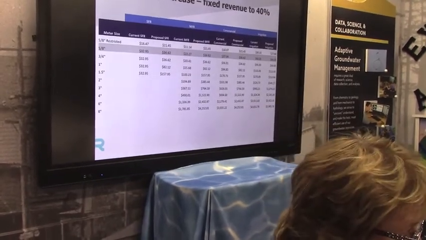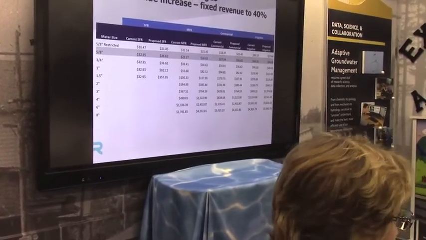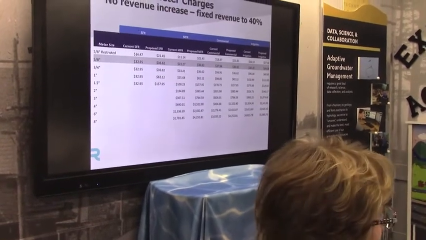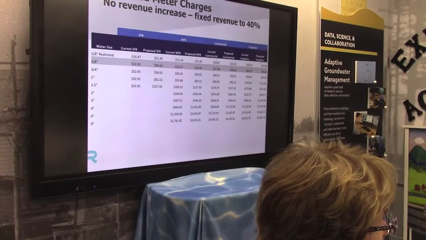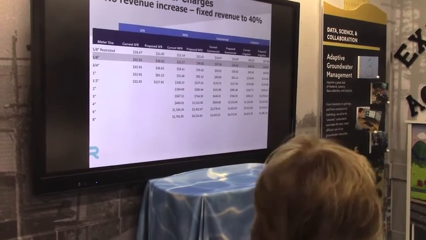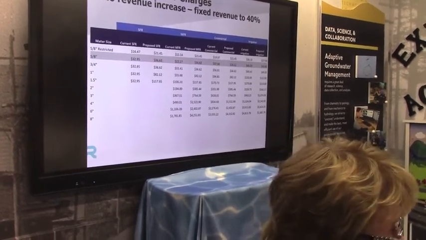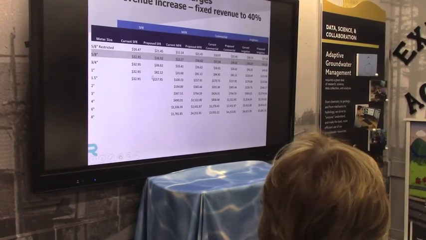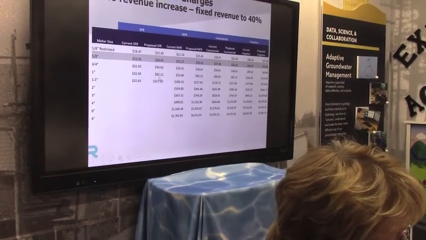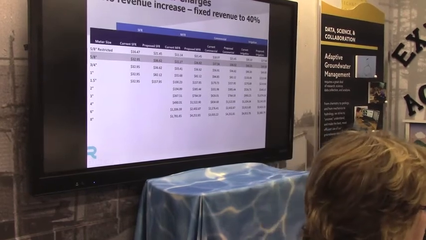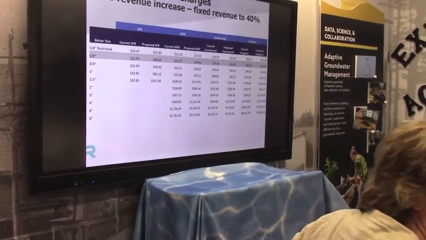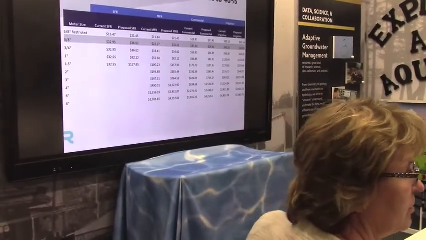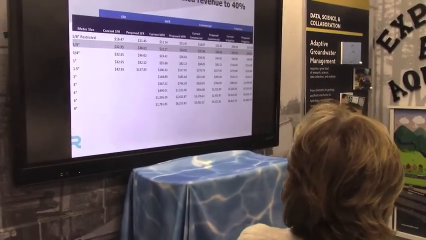But they're not paying a fire service charge like the majority of people do. Fire protection alone is higher than a 5/8 meter and a fire service charge combined, because the fire service charge is about 18. Even when you add that to this, it still doesn't put us there. So we're trying to develop remedies for that, because we realize that's an area of concern, probably not only to the board, but a lot of our customers.